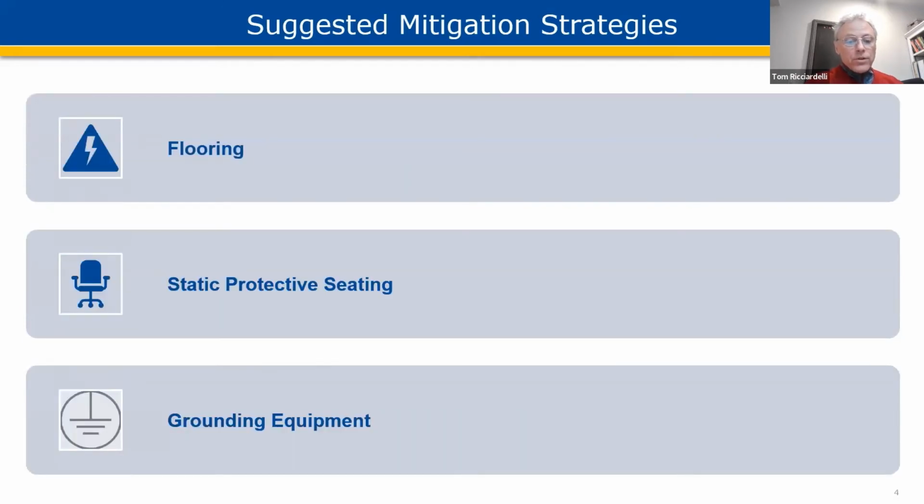The third thing you can do is ground equipment. And by this, I mean things as simple as beds or things like IV stands. In a lot of hospitals, you will see this if you look. You'll see hospital beds that have drag chains, as I described earlier with the seating, little chains that are dragging on the floor. Now, if you don't have a grounded static protective floor, that drag chain is not doing very much. But the concept is that if you can ground that equipment,